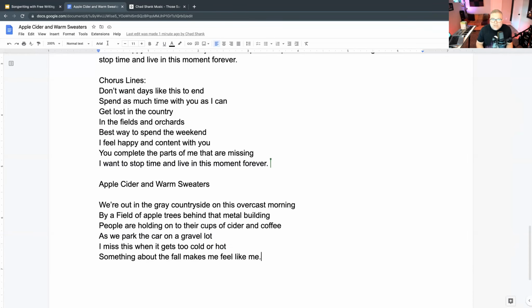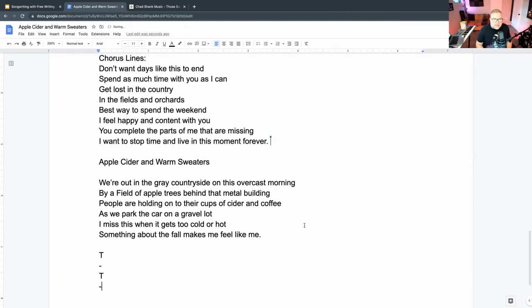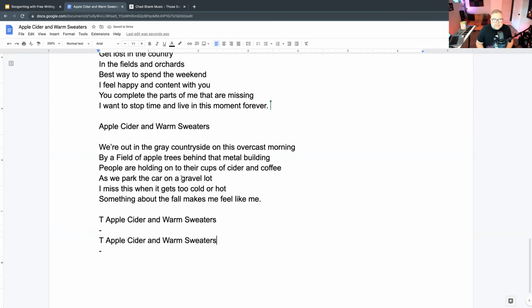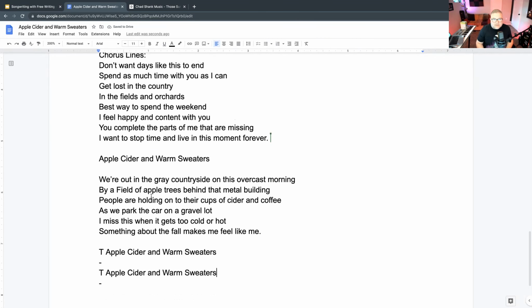So what I would do as a next step in this process is, let's say we're going to do a title, line, and then a title, and then a line. I already know my title, so I can just drop that into this structure. Now I just have to decide what other lines I'm going to fill in here.